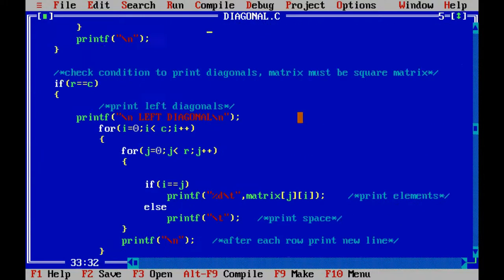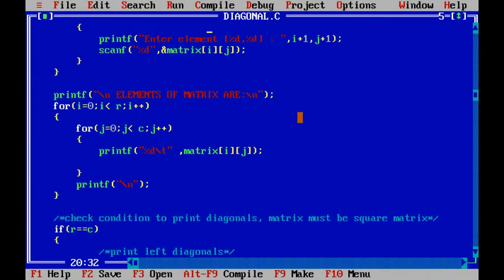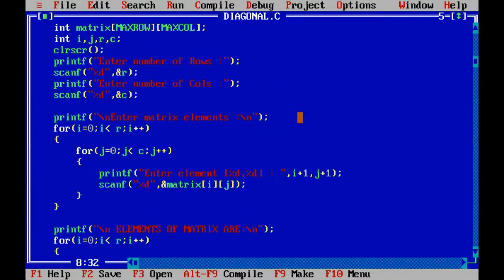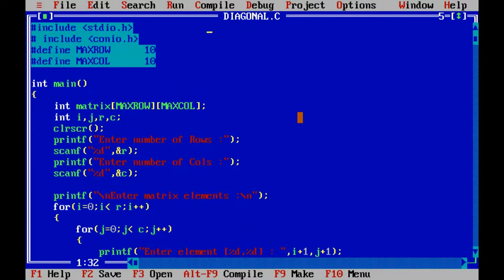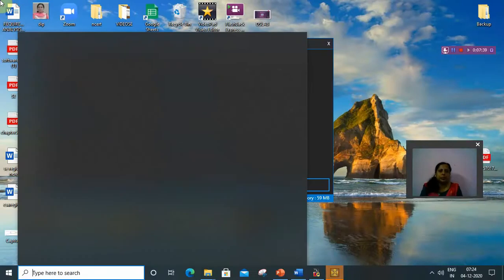This is the program to print the diagonal of a matrix.